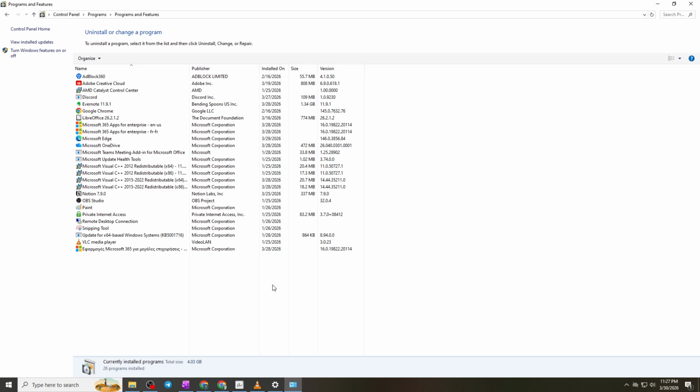Removing OneNote from Windows 10 is quick and simple, and it gives you more control over the apps installed on